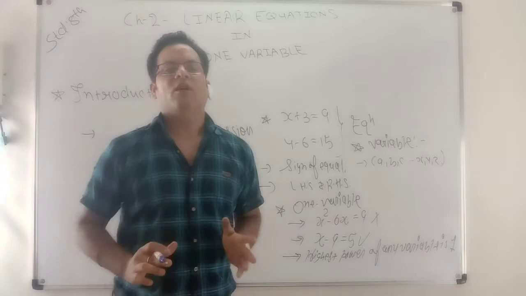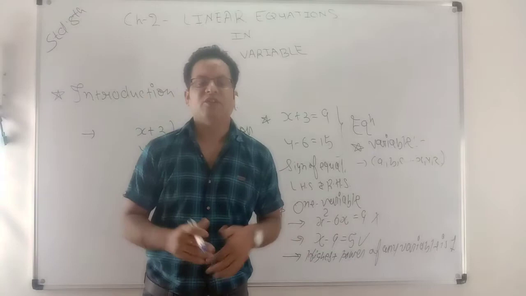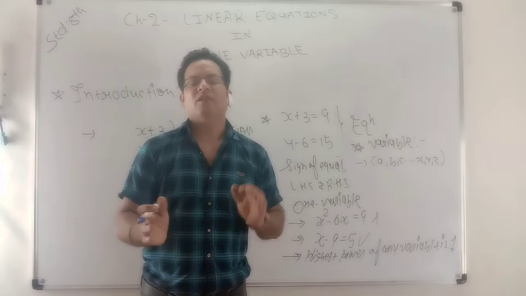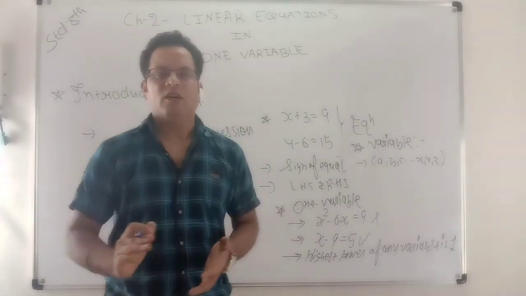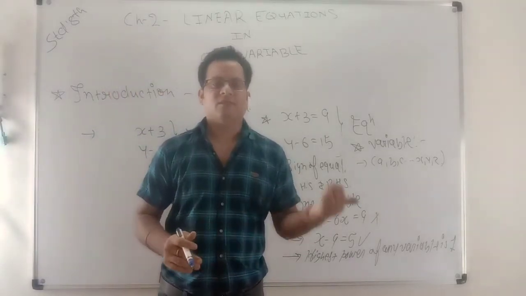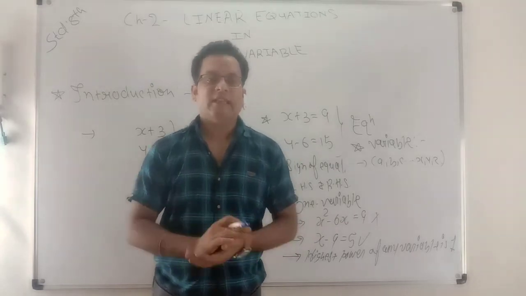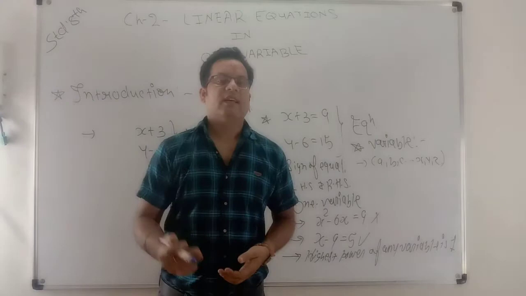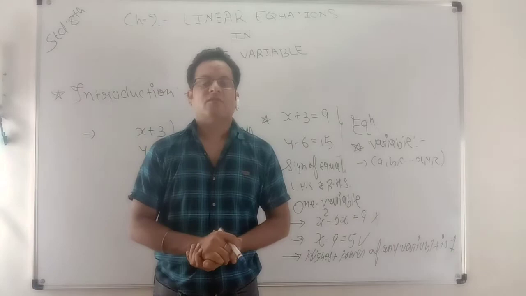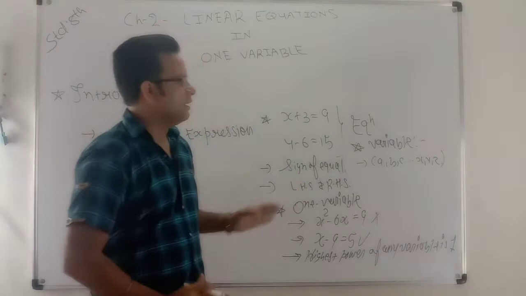First of all, we talk about the equation. An equation must have two sides. An equation must have the equality sign. And the highest power of the variable should not exceed 1. It means it should be only 1, not more than 1. Because if it is more than 1, it will be quadratic. If it is more than 2, it will be cubic. These things are very important to understand, because in 9th and 10th standard, the chapter named polynomial comes. In that you will be very clear about all these things. So you have to understand very clearly.